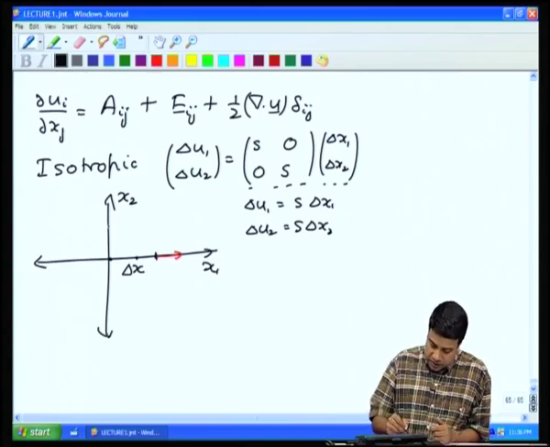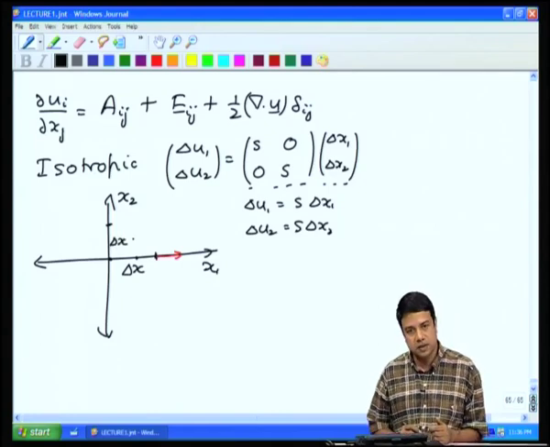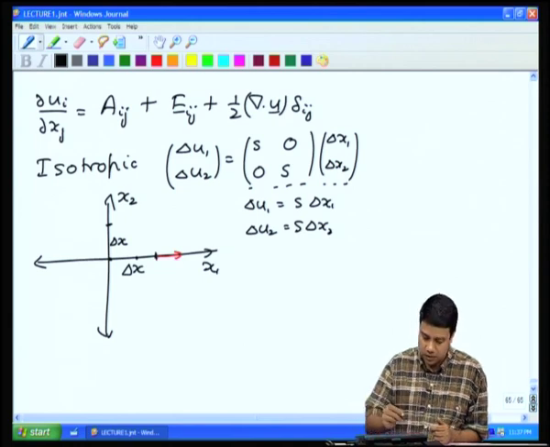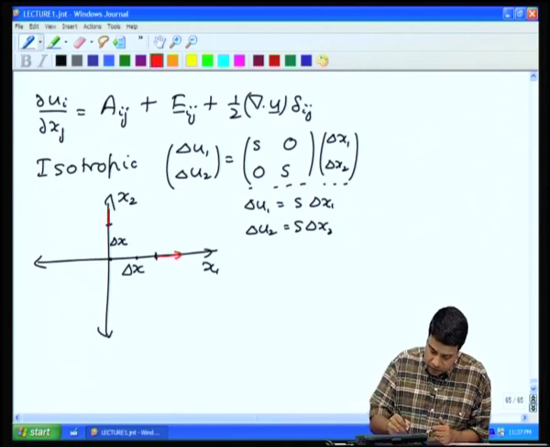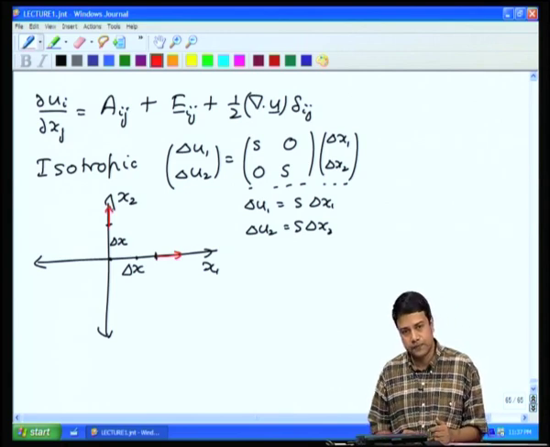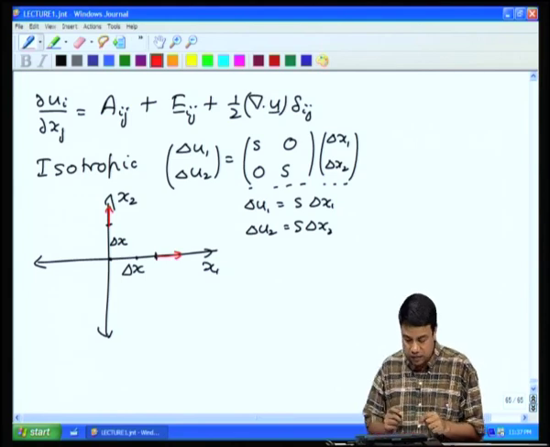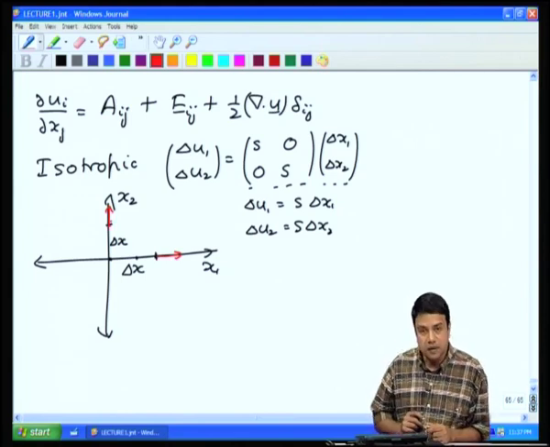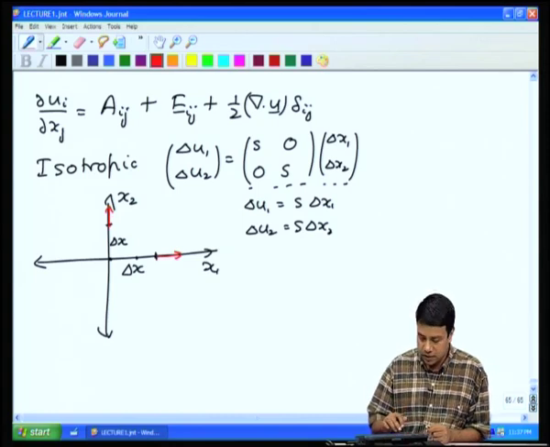If I travel a small distance delta x in the plus x 2 direction, then delta u 1 is equal to 0, delta u 2 is equal to s times delta x. That is the velocity vector. This is the relative velocity vector of this point relative to the origin. I am always taking the difference in velocity delta u 1 and delta u 2 between a nearby point